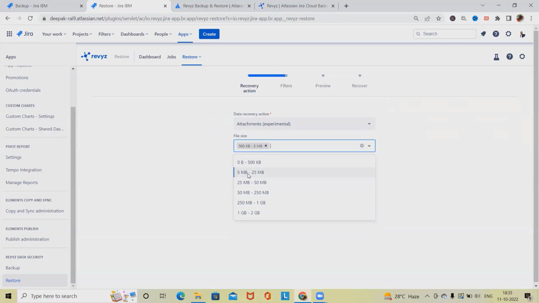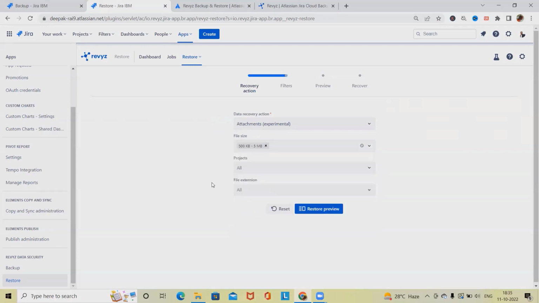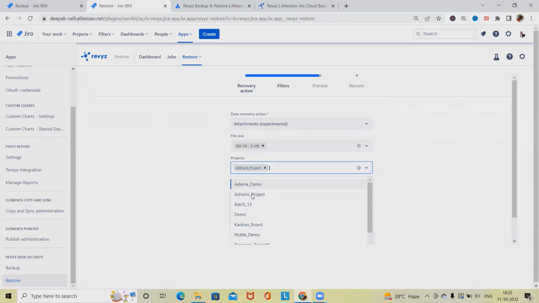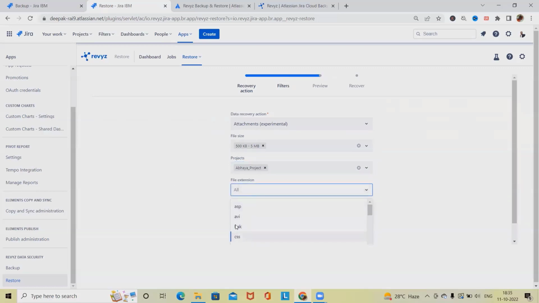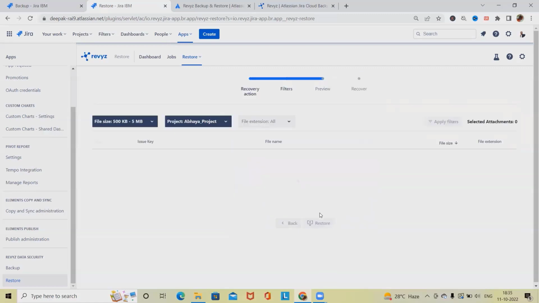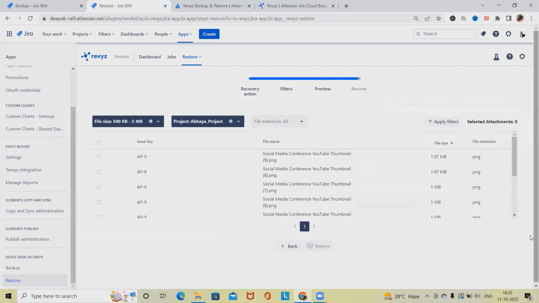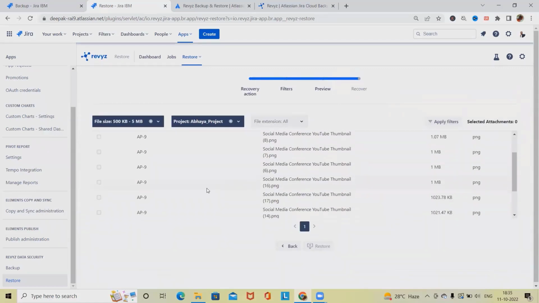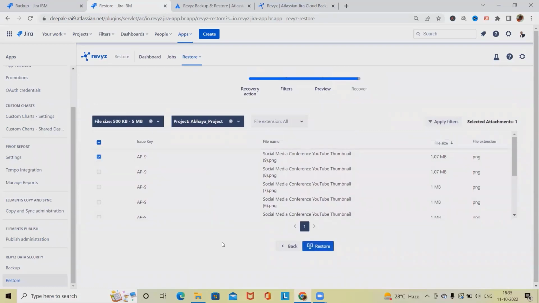So let me select 500 KB to 5 MB, then project, from which projects I want to select it, then file extensions I can select it, but as of now I'm keeping all. So select here, you can see these are the file sizes available. If I want to manage or restore any particular file, I will select that file and click on